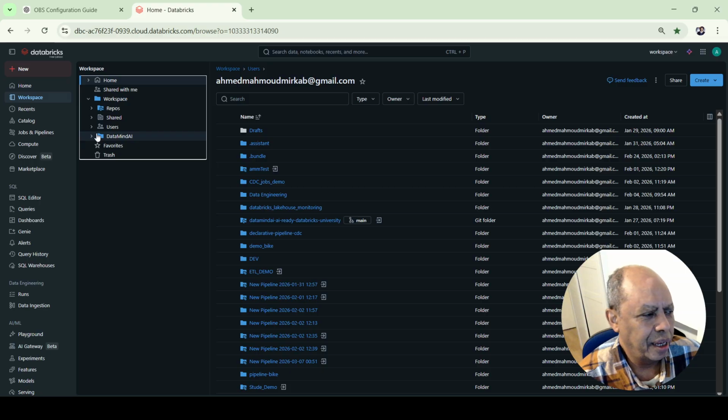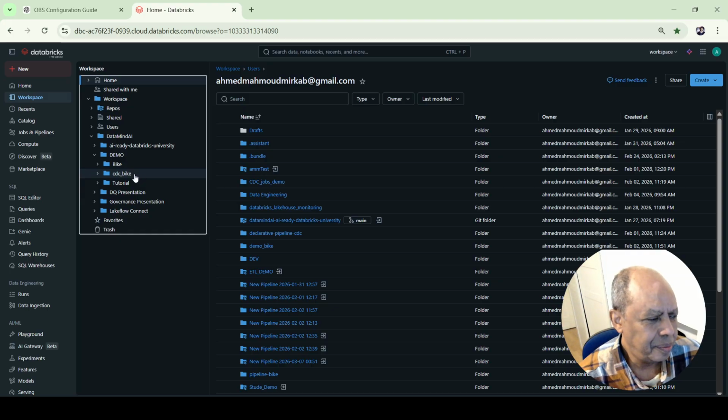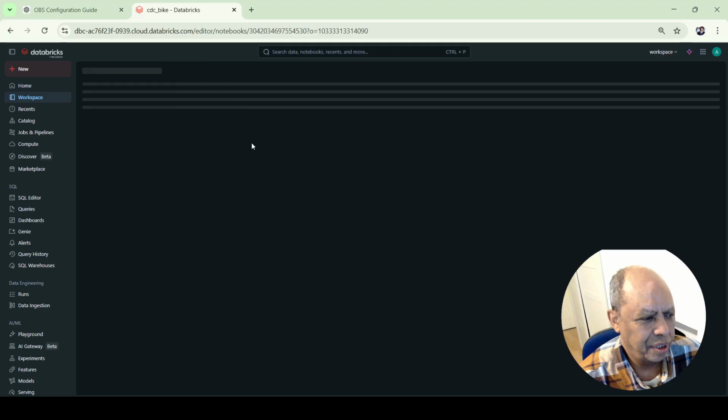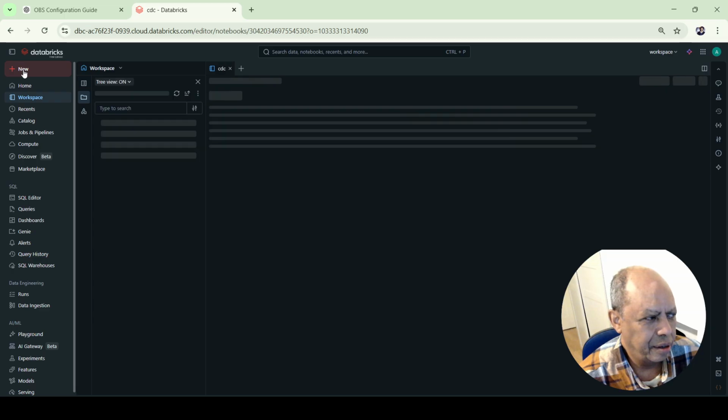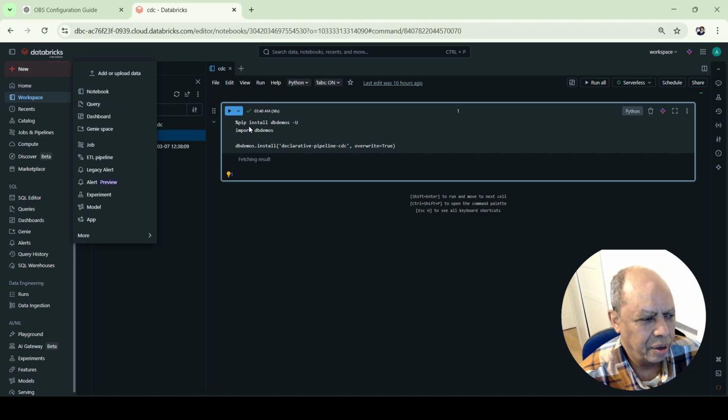So let us start. The way I organize my demos, I have created a folder, as you can see here, DataMindAI, and in that folder, I have created a demo, and in that demo there is something called CDC bike. That is the CDC bike, which is a notebook. I have created a notebook, but you can do it in a different way if you want to. You can go to new, then notebook,